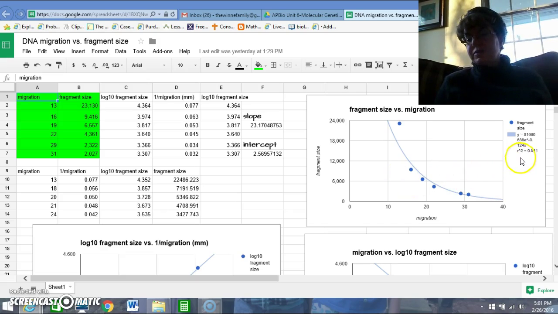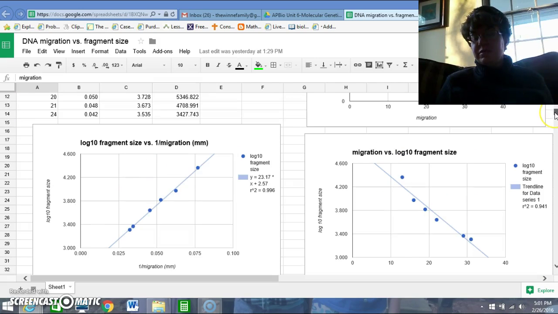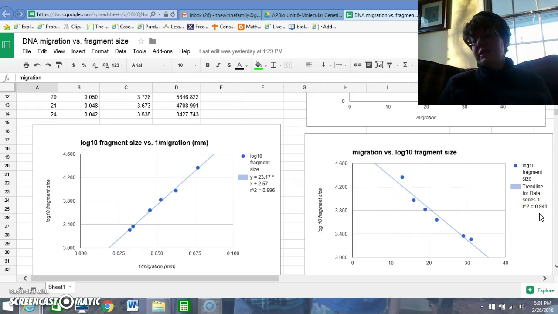And if you look at the R-squared value, it's only 0.941, which I'd really like it to be a little closer to 1. So one thing that you could do is graph it on semi-log paper. That would get it to look more like a line, or since we're in Google Sheets, we could also graph the migration compared to the log 10 of the fragment size. You see, it gets to look a little bit more like a line, but still my R-squared value is only